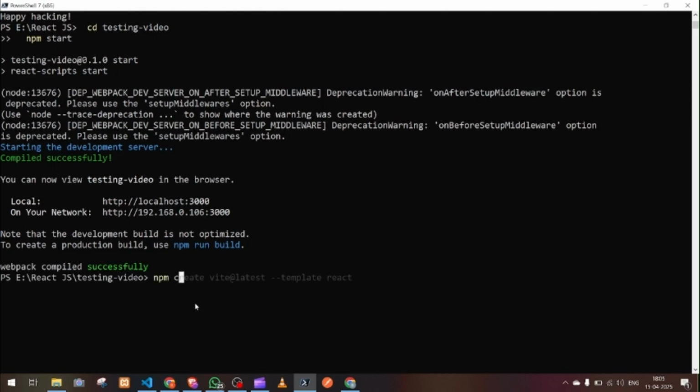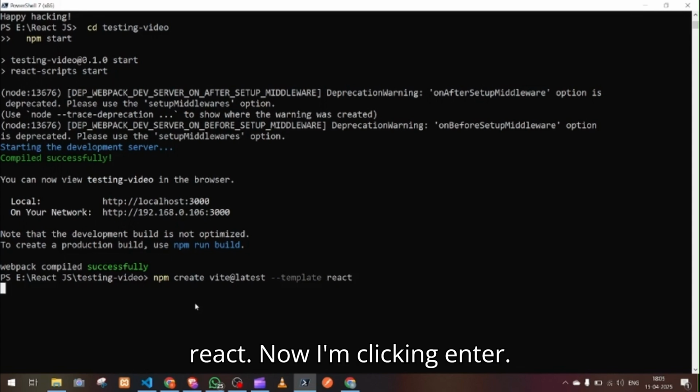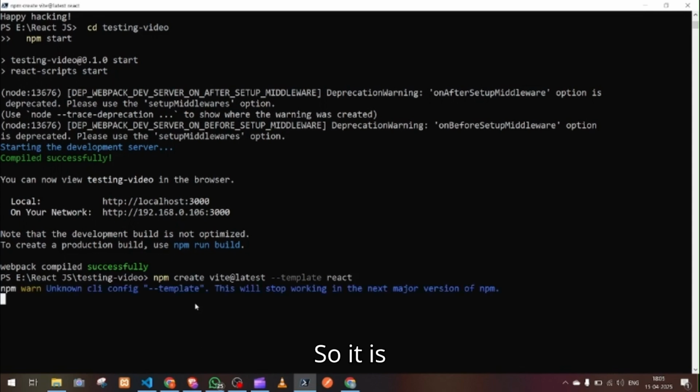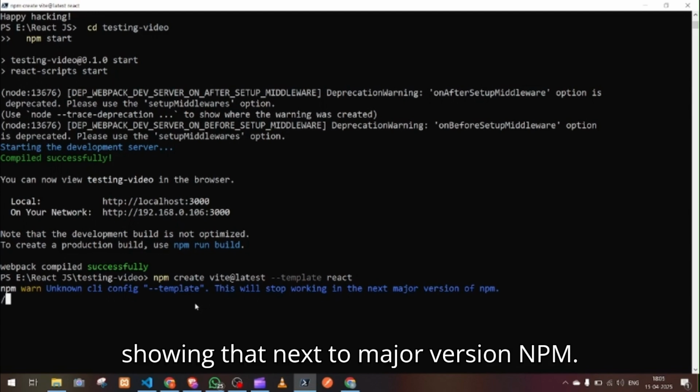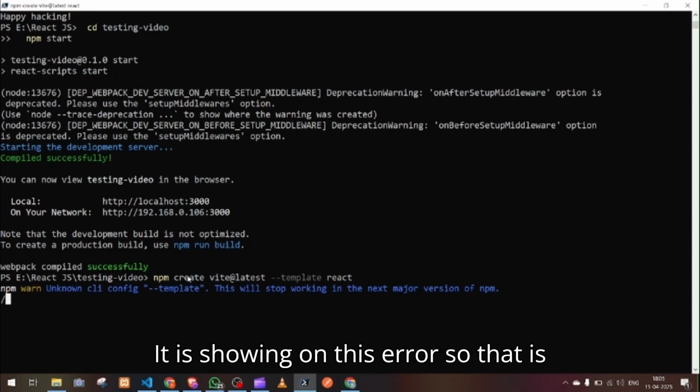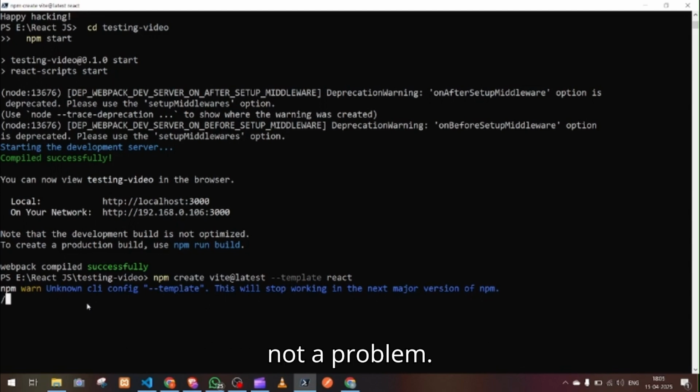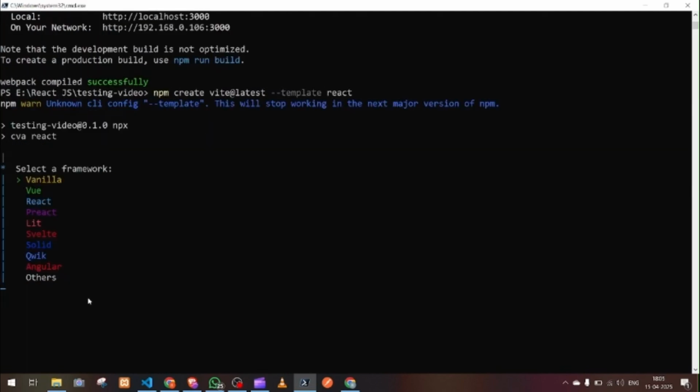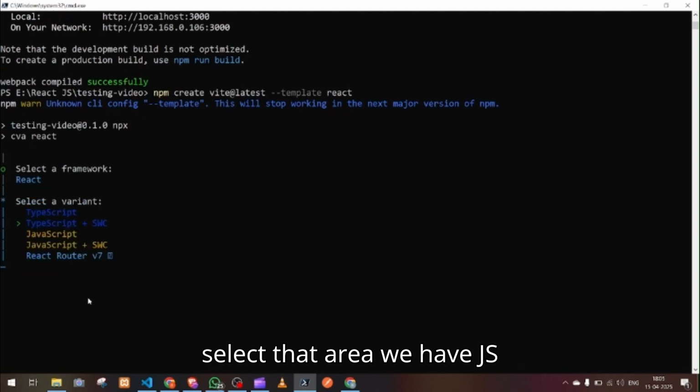npm create Vite latest version. Okay, so I selected React. Now I'm clicking enter. It is showing the next major version npm message as an error, so that is not a problem. Now the project has been created. We can select that React.js